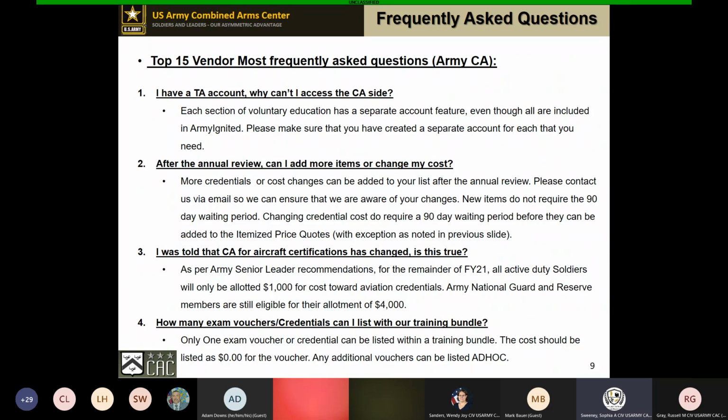And the reason we do that is because your prices might change. So let's just say you had to increase your price due to whatever mandates. If you gave a soldier a certain quote and that was hundreds of dollars less than what it is now, you have to honor what you added in that quote. So if you give that time frame and date range, that helps you out as well, because we've already had this situation where the soldier says, no, the vendor gave me this quote. And so it is important that you put a date range.